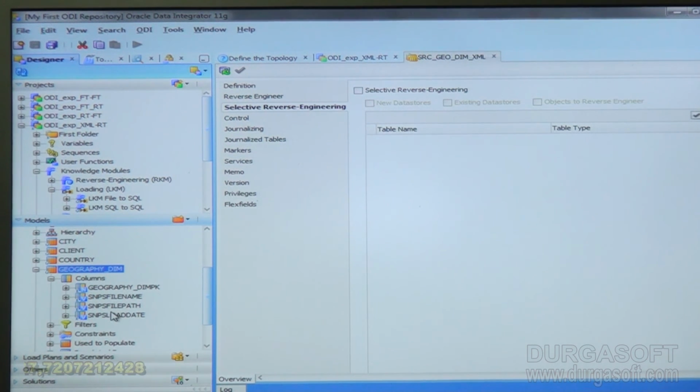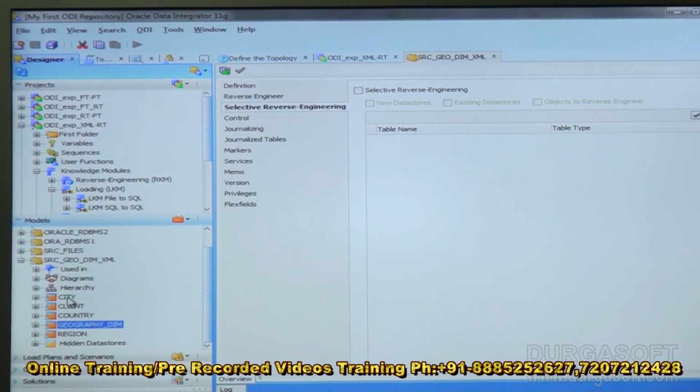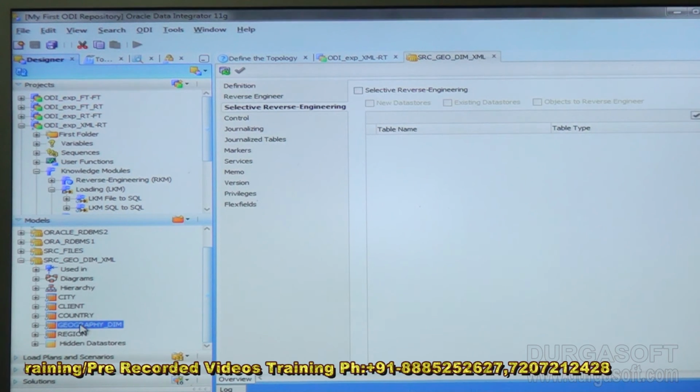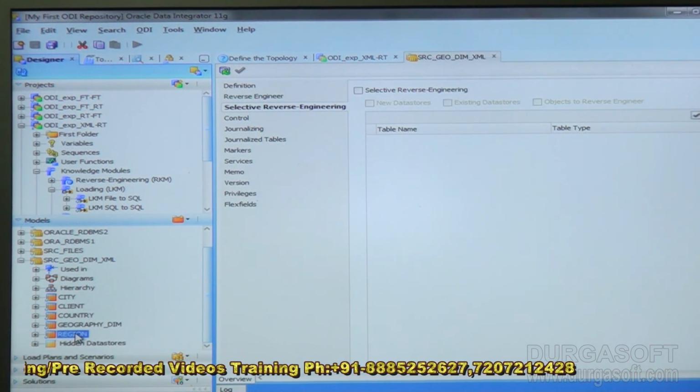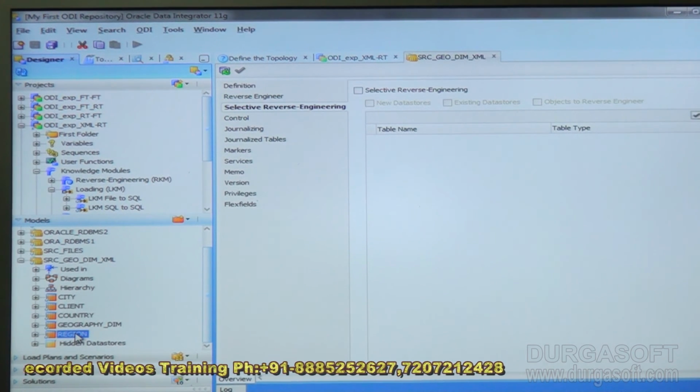Once you select this, you will be getting city, client, country, geo dimension and region. These are the 5 tables which will get imported. And under this,